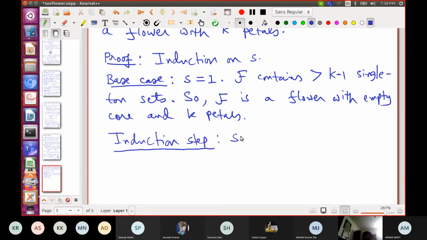So again, assume that S is at least 2 and assume that the statement is true for S minus 1.